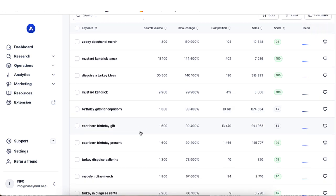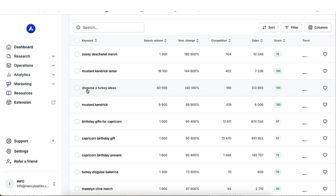So one stood out to me when I was looking at this earlier. This one here, the sky's a turkey ideas. This particular keyword went viral. It has 60,500 monthly searches. In the last 3 months, it has spiked 140,000%. And competition is crazy, 190 people only. And look at how many sales it has incurred,